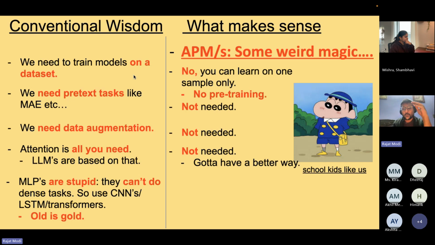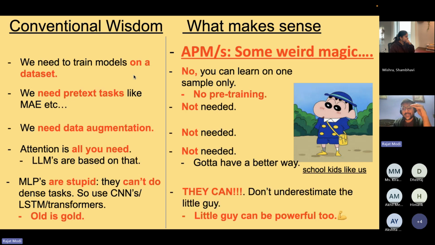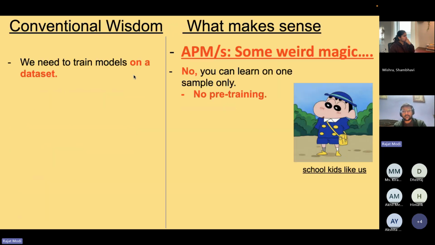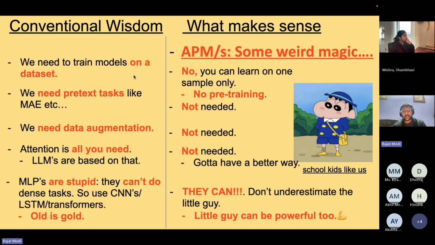So what I am going to say is that MLPs can actually do all the things which a transformer can do and a CNN or LSTM can do. And that is the contribution of this paper. So you can imagine that we are basically going back to the dark times and we are resetting the clock to even before AlexNet and even before LSTM to just say that MLPs are enough. And now I will show how you can do that.